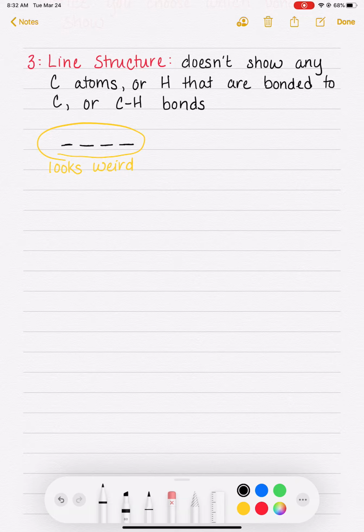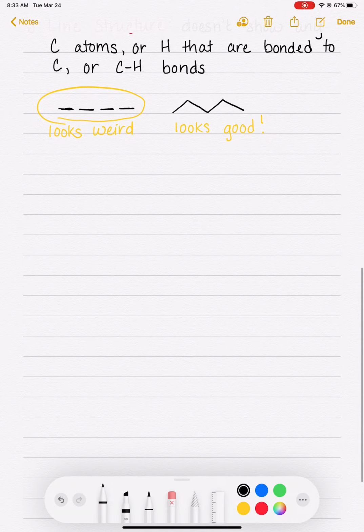And so what we do is we take these 4 line segments in the line structure, instead of drawing them back to back as a series of dashes like we have here, we're going to draw them zigzagged and then physically connect them to each other. This looks much better. Looks pretty. So this, what we just drew, is the line structure